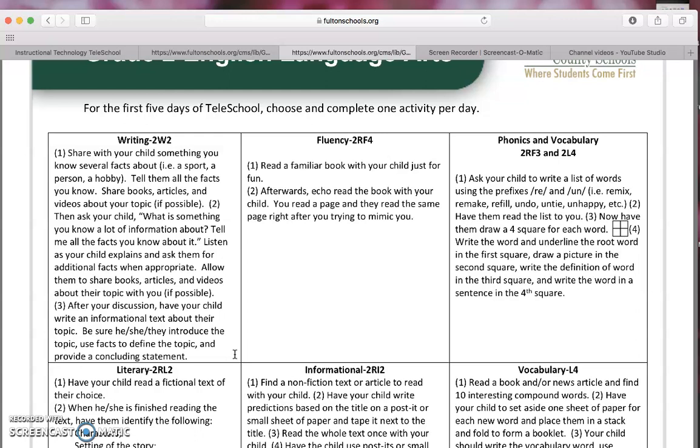It could be make a book on it. It could be make a project or a video or anything that you want to do to extend this is obviously welcome. But in terms of the minimum requirements here, again, it's 30 minutes. So as long as you're hitting that 30 minutes and you're discussing these things together and you're evaluating their writing,